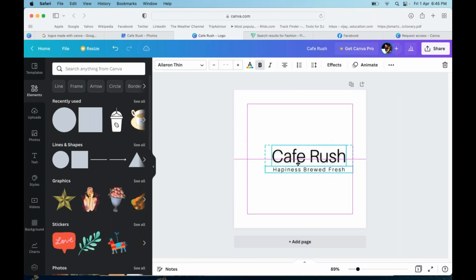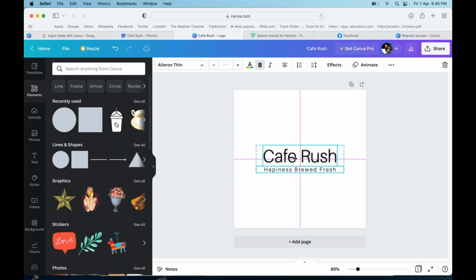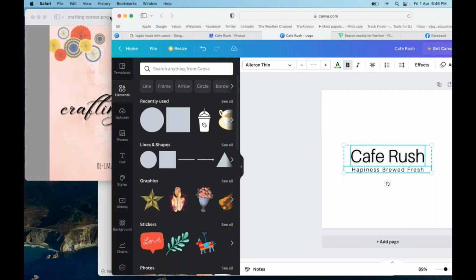Okay, name would be sufficient. At times, if you don't have a tagline, it's completely fine. You can have a description, but start with this. This should be a first step into Canva, and I'm sure most of you, I saw the crafting corners, that's come out really nice. So some bit of effort like that will be very good if you can spend some time on this. Okay, going ahead, see, I told you